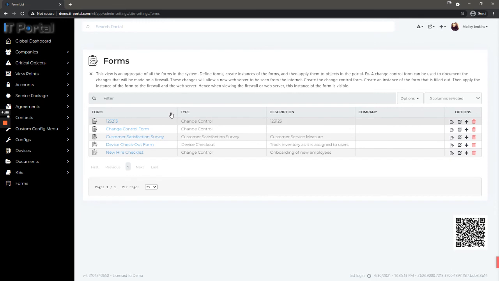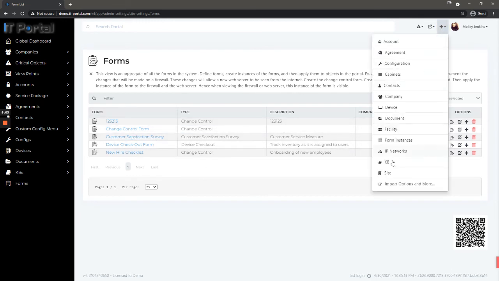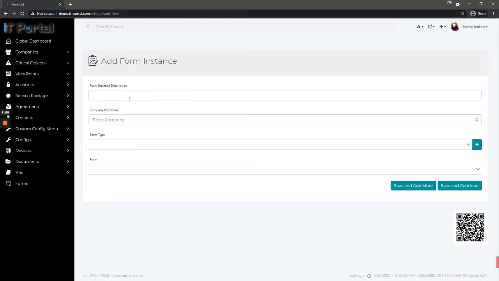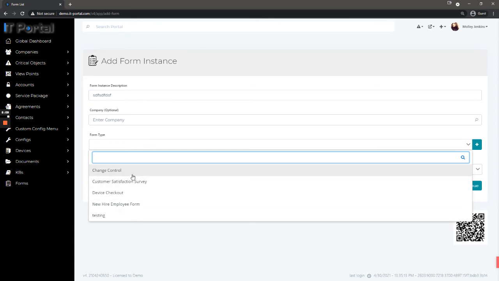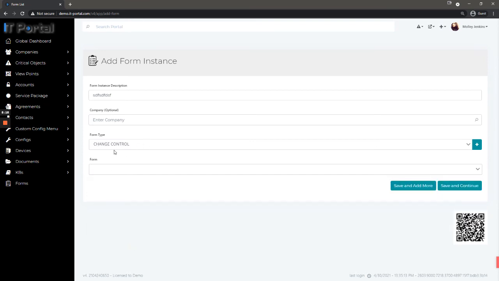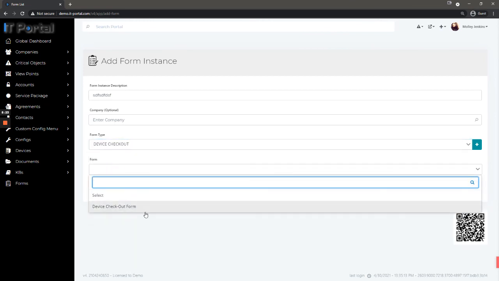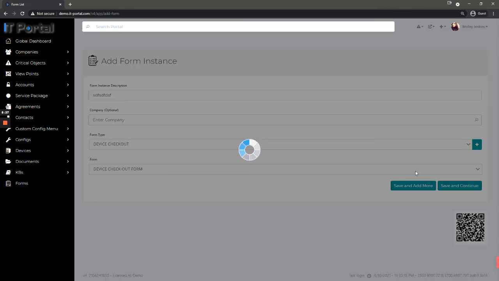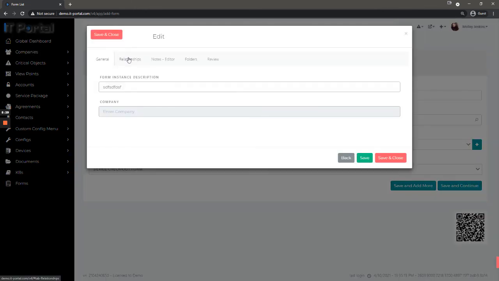So once you've completed creating your form, you can go to the Add button, Form Instance, and you can fill out a form. So I will select a form type, and then once I've selected the type, now it's going to filter out the available change control form types. So I've got these three. If I were to select a different type, the drop down would be different based on the filter. So if I wanted to go ahead and save and continue filling out this form,